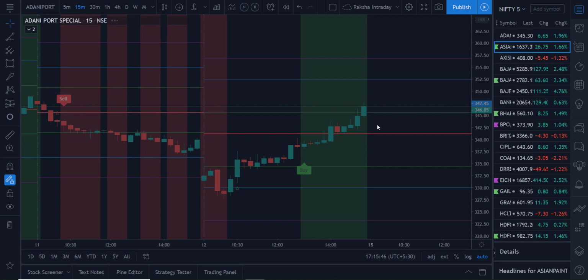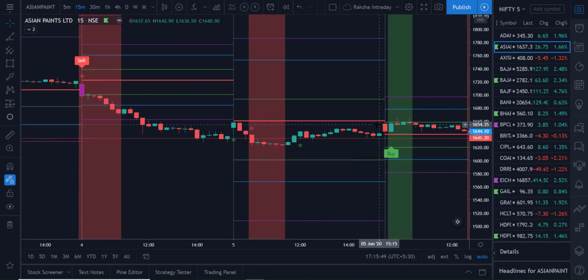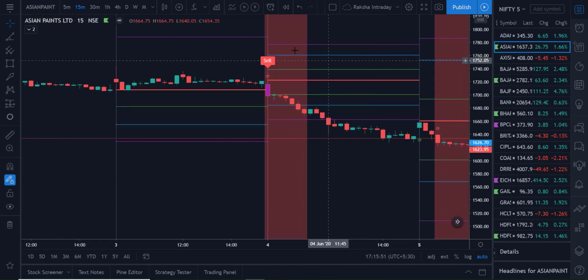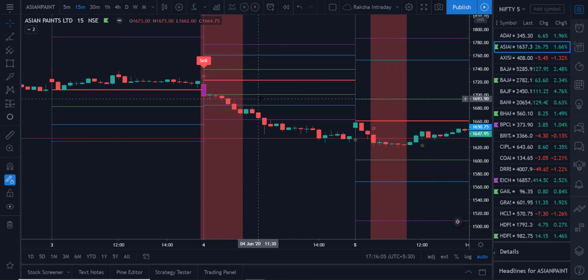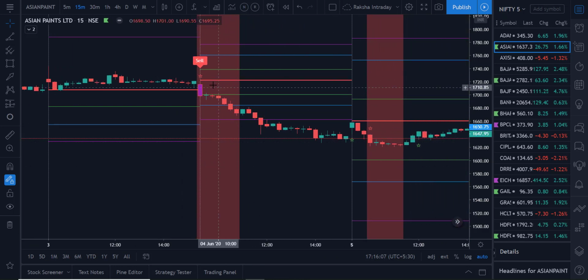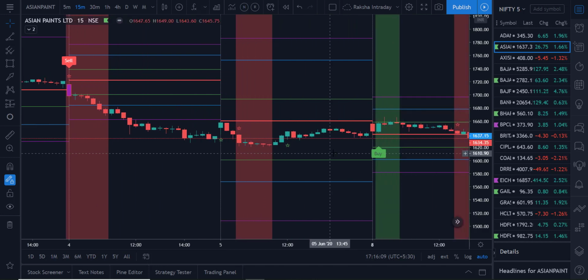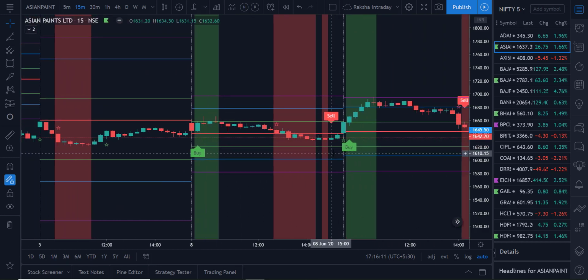Let me select Asian Paints. I'll just quickly go behind. Okay, there's one more setup here for the purple candle, and you all know the purple candle is our star trade entry. This purple candle gives you the highest probability in the market, and there will be another separate video for purple candles. So let us leave this one. You can see the result of the purple candle, but let us leave it for another video.